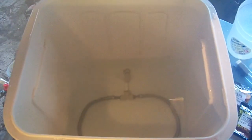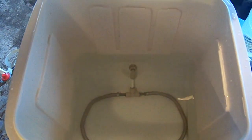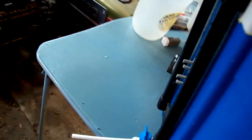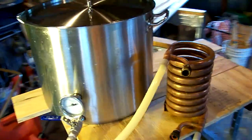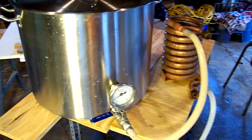What we've got here is it's a standard cooler. I don't want to fog up the camera here, but there's my manifold is a stainless steel mesh hose. It actually works out pretty well. I put in a bulkhead there for the thermometer, and on the back side, there we go, there's our drain, which will go into the boil kettle, which is, now that's my old kettle, that's the 8-gallon kettle. Here's the newer kettle, well, newer, it's several years old, but it's a 15-gallon stainless steel kettle,